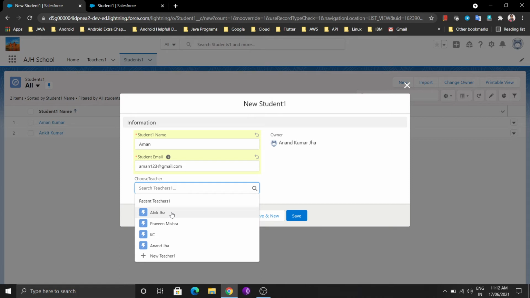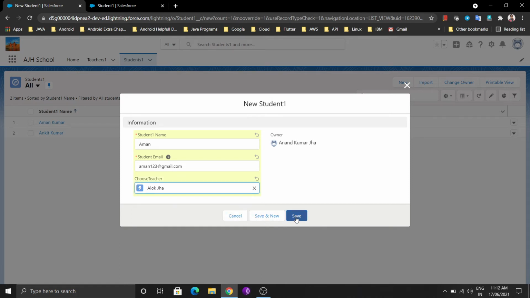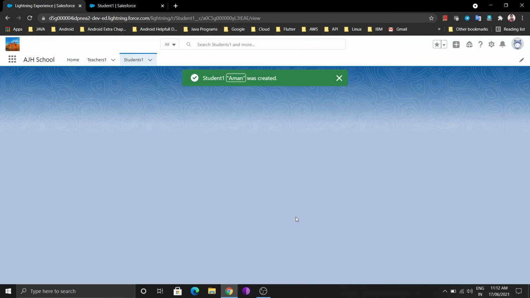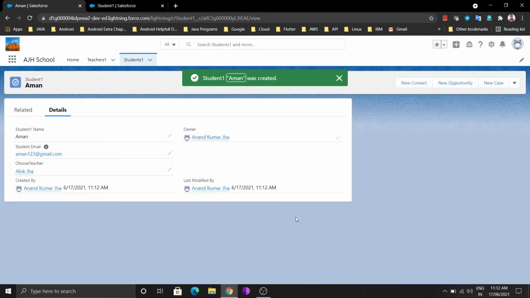It is the lookup relationship. I will also show you that in a lookup relationship, if you delete the parent object, there is no effect on the child object. But in the case of a master detail relationship, if you delete the master object, the child object is also deleted, the child data is also deleted. So this is all about the lookup relationship.